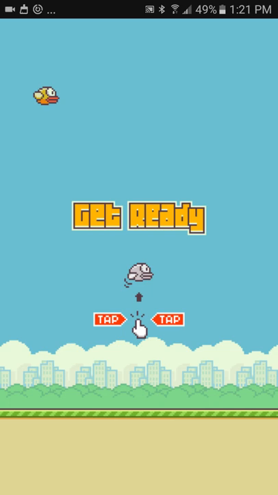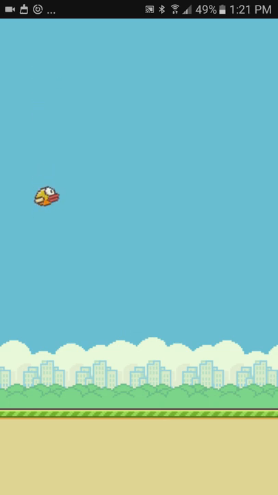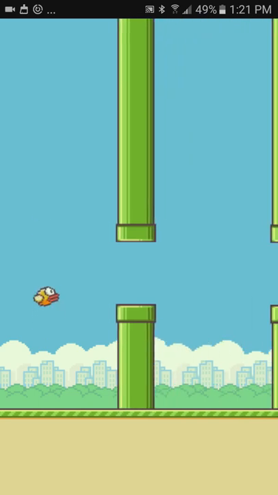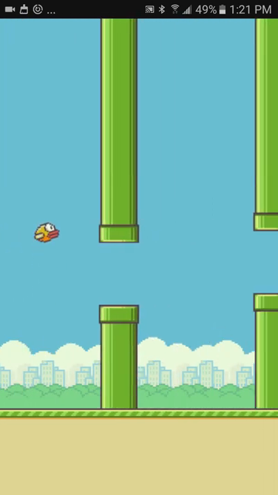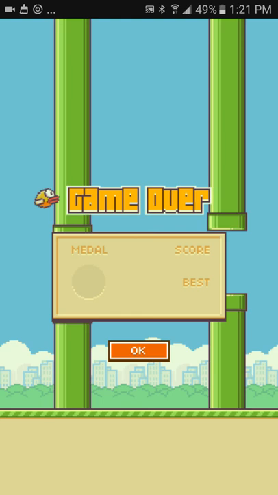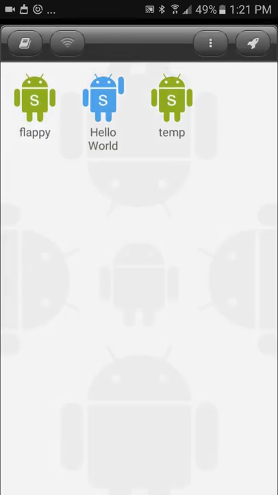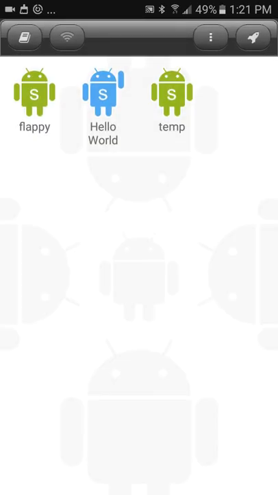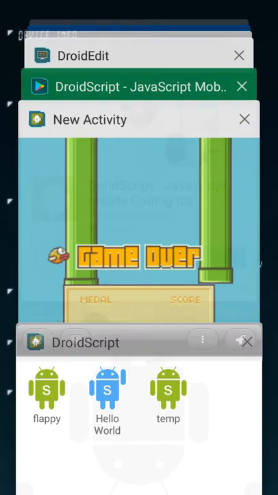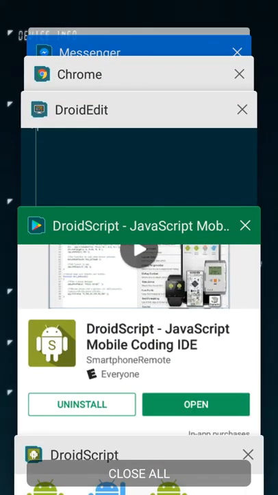I've written a Flappy Bird clone, which is running kind of slow just because I've got my screen recorder going, but it's pure JavaScript, so that's what it can do. It can do pretty much anything you can think of. But go ahead and get this app, and in order to make your life a little bit easier in writing